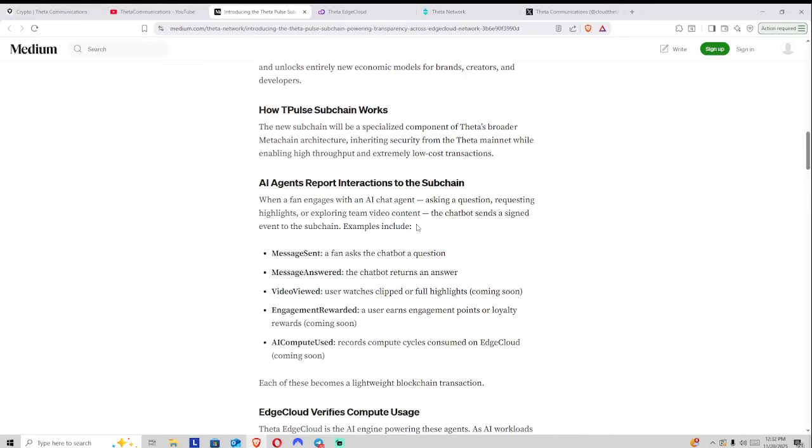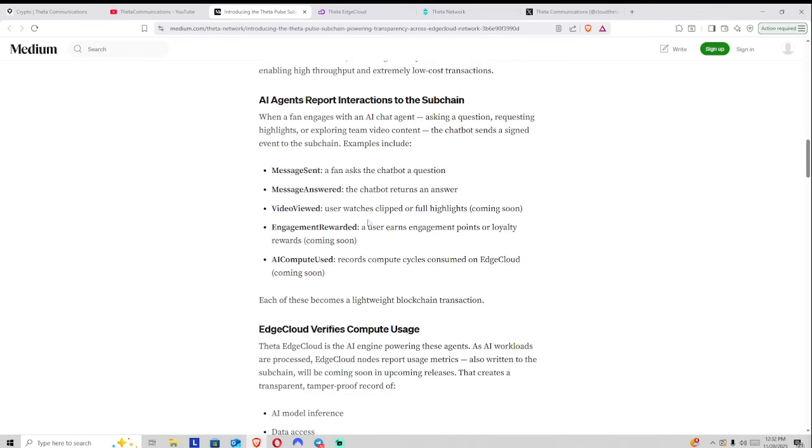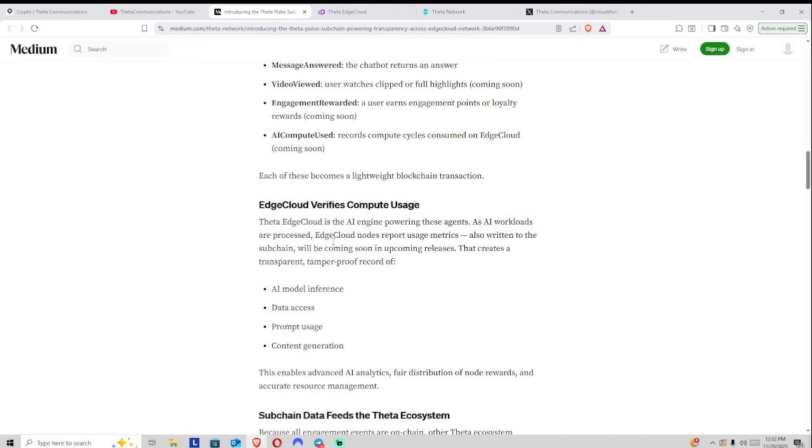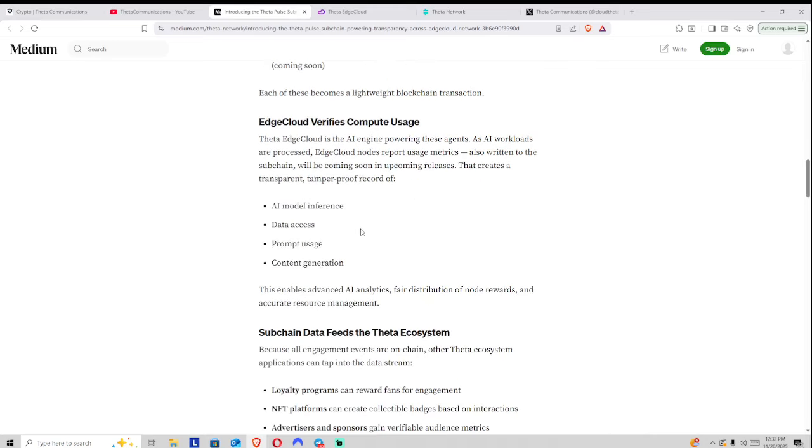So really exciting, especially like this example here. You can see the output method where this data is then sent. So if you have a message sent, that produces an interaction with the Theta blockchain and through the subchain here. And we see the other different interactions that are going to be built out, and I assume there's going to be many more along this list here. And this is just being rolled out this 18th of November, about 2 days ago.